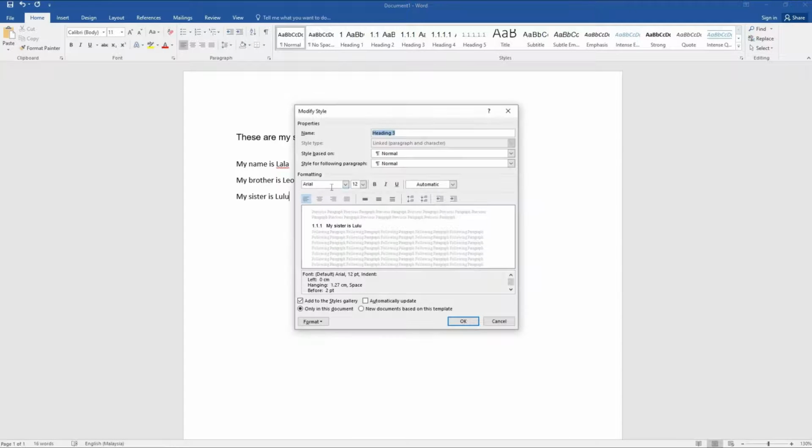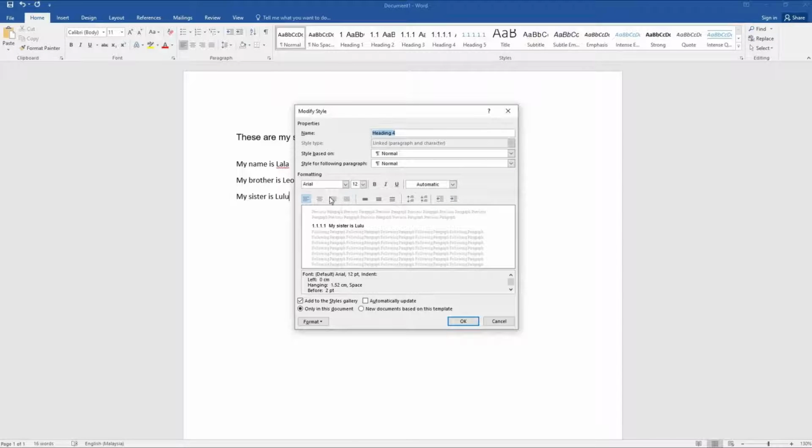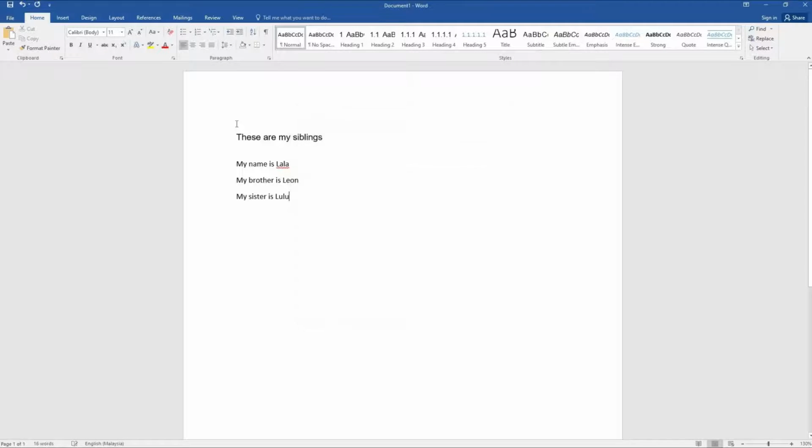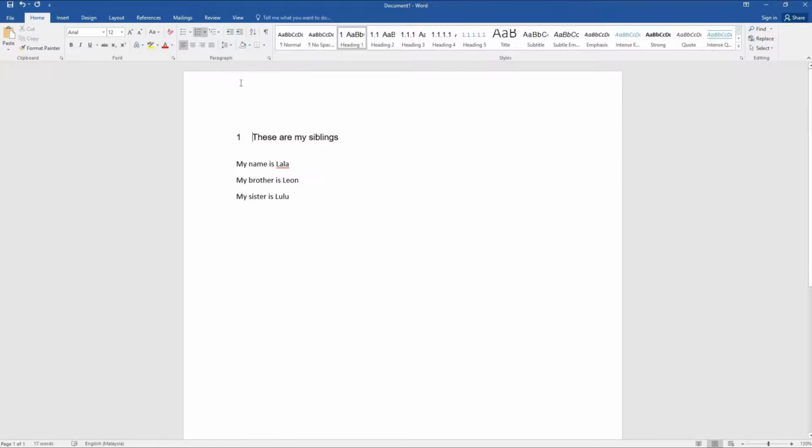And here I modify it so that all the headings or all the lists synchronize with the format. So you can click here, the list. You can click anything, whichever one you want, and here you can just highlight and click Heading 1, Heading 2, Heading 3 and Heading 4,